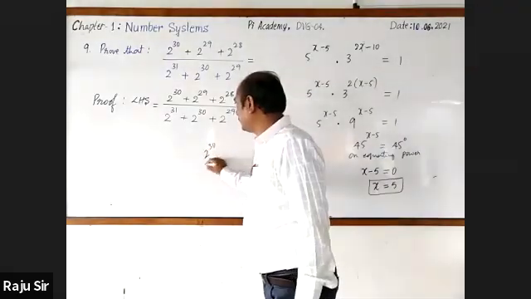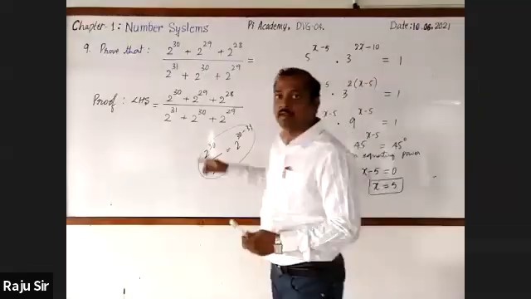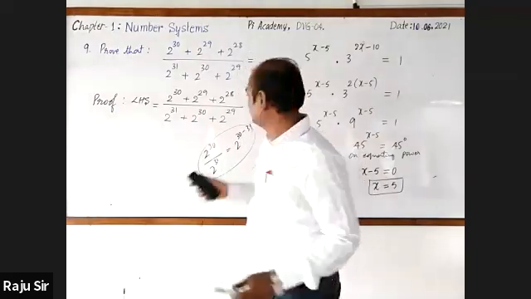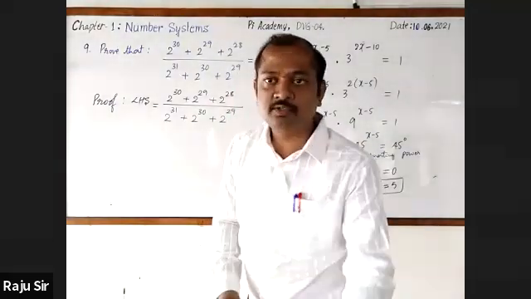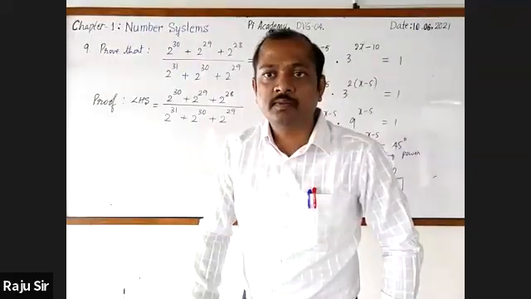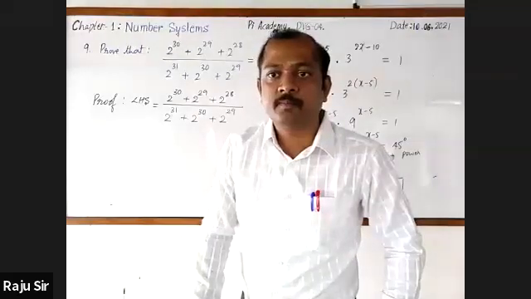If it is 2 raised to the power 30 by 2 raised to the power 31, you could have written it as 2 raised to the power minus 1. But here, not a single term, three terms are there. So this is not possible. Then, anybody would like to try? Shreyas Kulambi, will you try? Anjan R. Pisade?